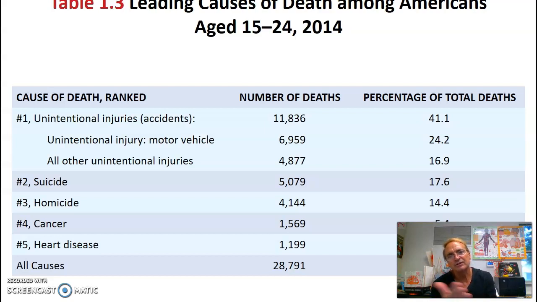Again, we're showing college-age values so that you can get an idea of what's killing people of your age bracket, and unintentional injuries is the highest. That means car accidents, people drinking and driving, doing something crazy, off-road vehicles or motorcycles. And again, suicide is number 2, and that's another one that is an avoidable death that if you recognize the signs and symptoms and get help right away, then you should be taking that off the list.